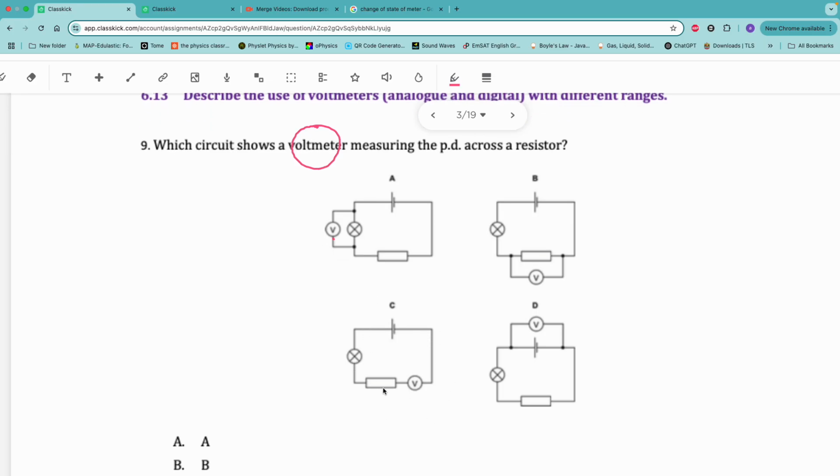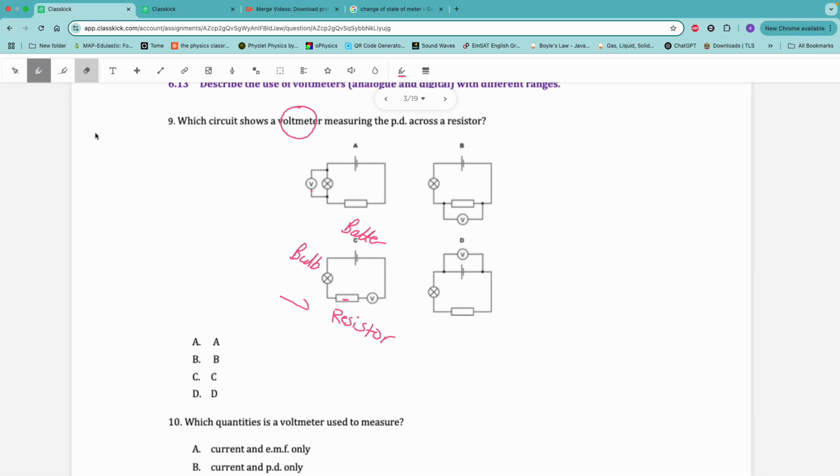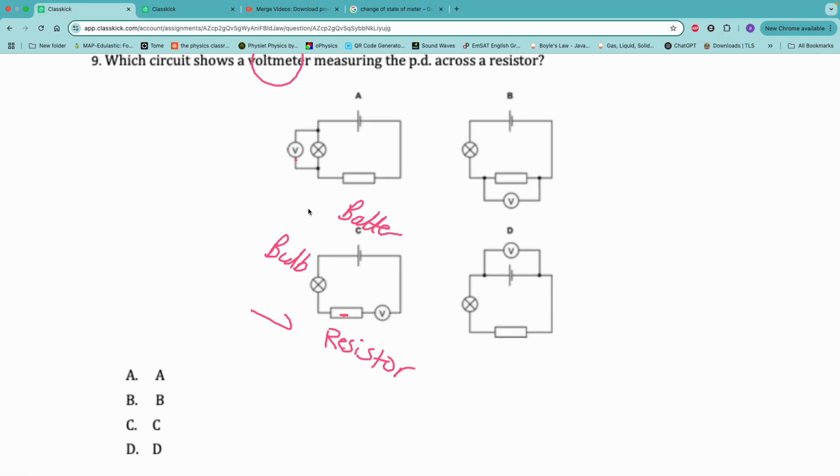If this is our resistor, and this is the bulb, this is the battery, and this is the voltmeter. If this is ammeter, this circuit is correct because ammeter has to be connected in series, but the question asks about voltmeter, so we need to find which circuit has the voltmeter connected in parallel